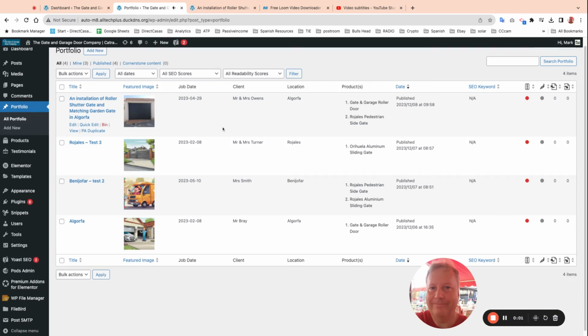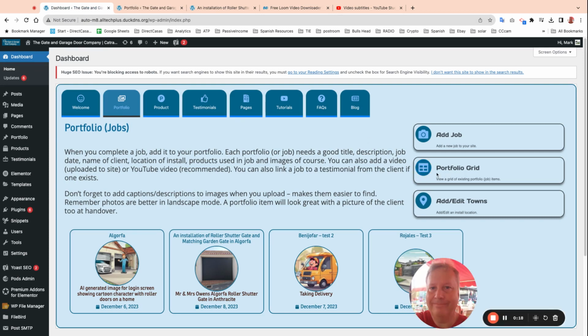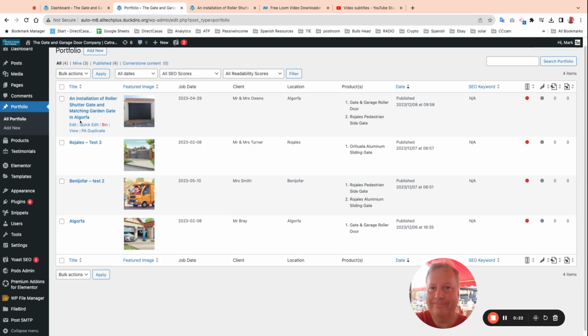Okay, Chris, what we're going to do now is sort out the description for the portfolio item that we previously created, which was the Algorfa one. To get to this grid from your dashboard, you would go on portfolio grid just here. If we go into edit it, which we can do by clicking on the title as well,